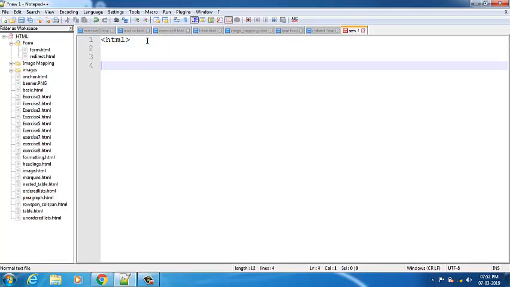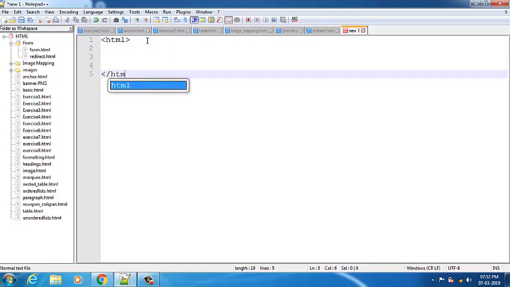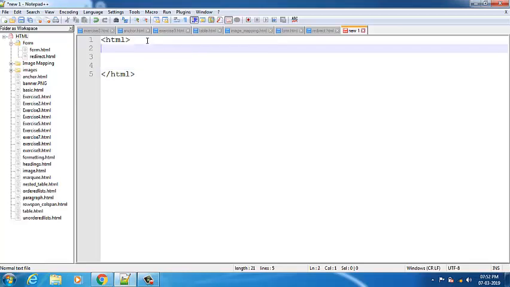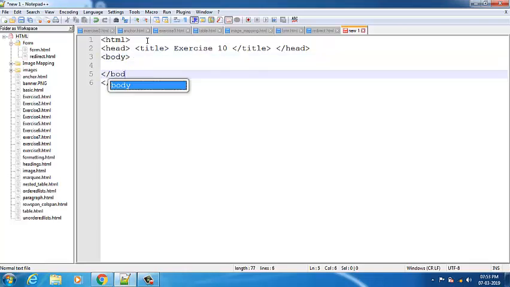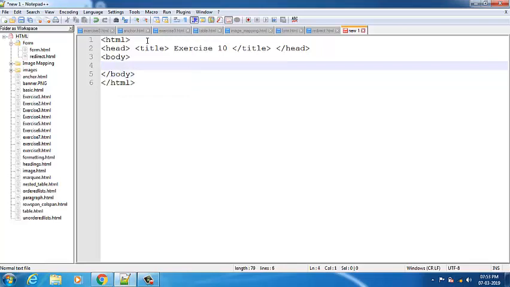So this is the HTML opening tag. Let me include the closing tag. Then within that I have the head tag, then I have title, and this is my 10th exercise. So I'm writing exercise 10, then I include the title, then I close the head. Fine. Then I have the body tag. After that I'll close the body. Fine. So now I'll have the